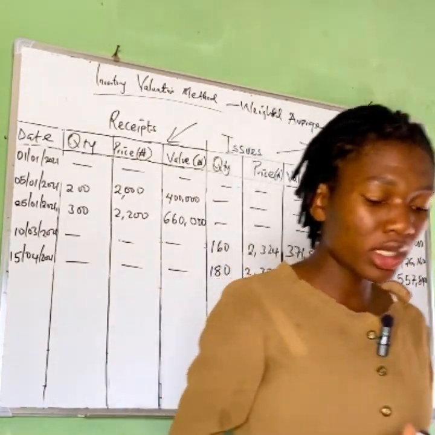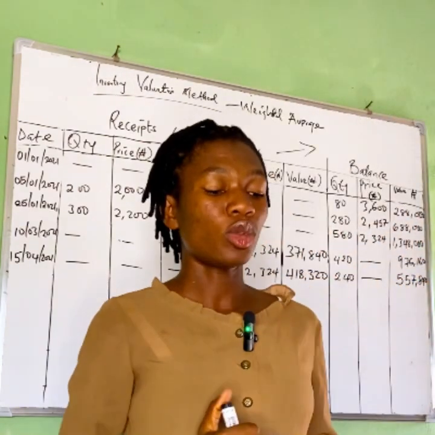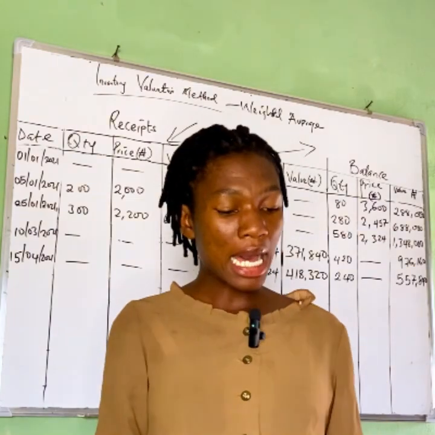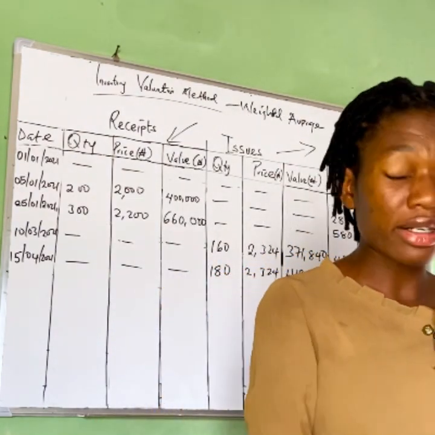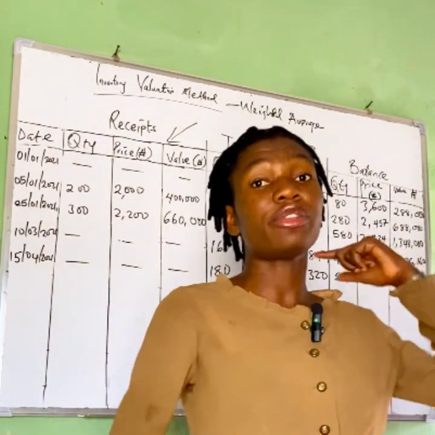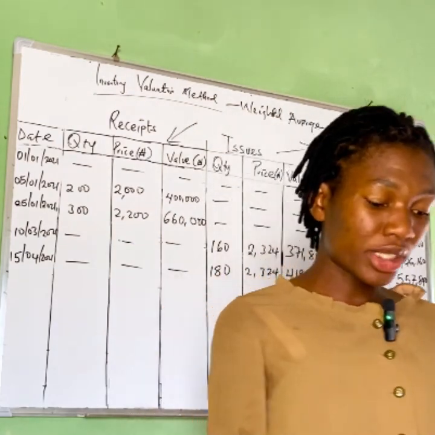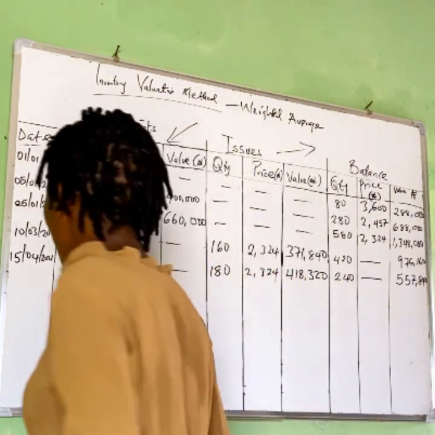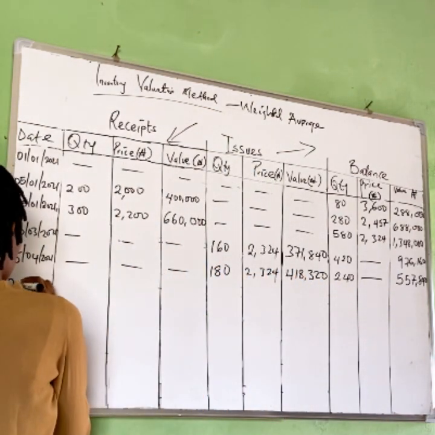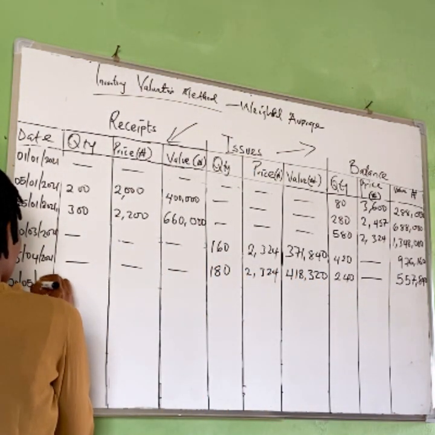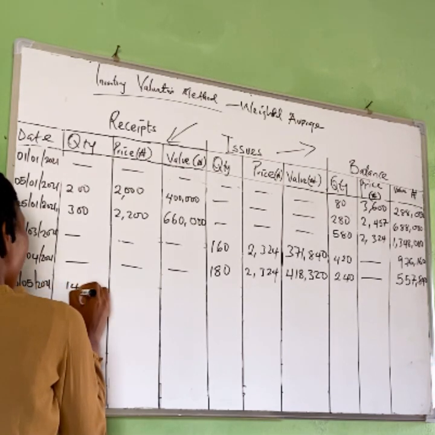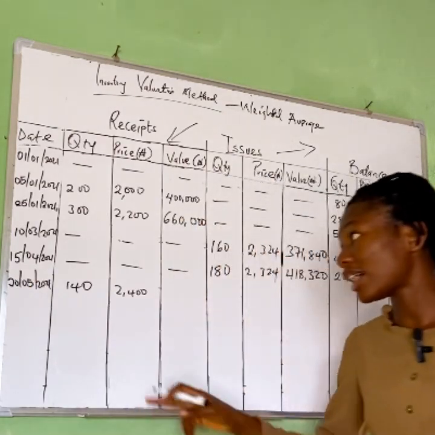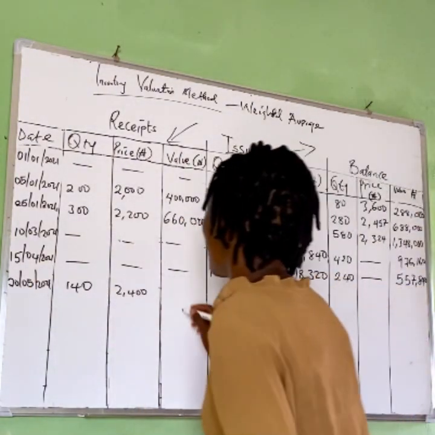We have on the 20th of May, which is the last, we purchased 140 net, all right, at 2,400 naira each. So this is a receipt. That means we have to revalue price, all right. So we purchased 140 net on 20th of May at 2,400 naira each. Right, so our value we are multiplying, so that will be giving us